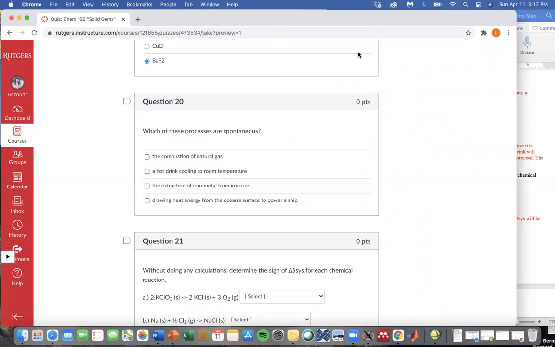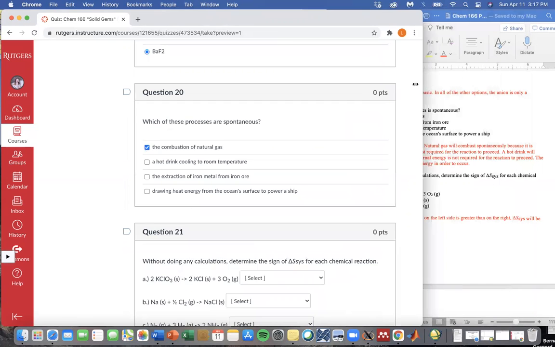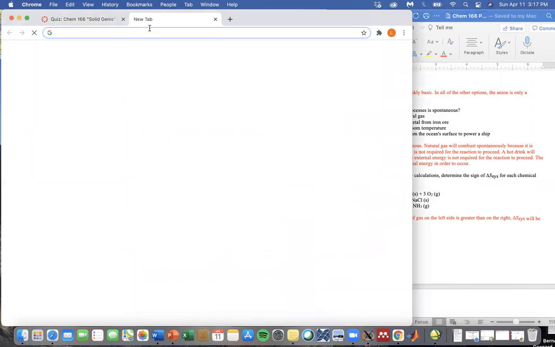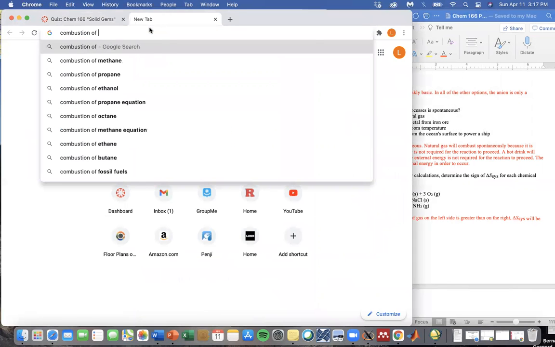The first one, yes, is definitely spontaneous. Natural gas just combusts. So natural gas is automatically going to combust because it's entropically favorable. If you look up the combustion of natural gas,